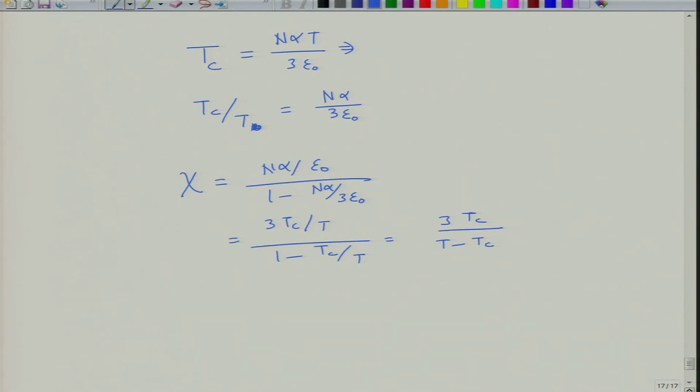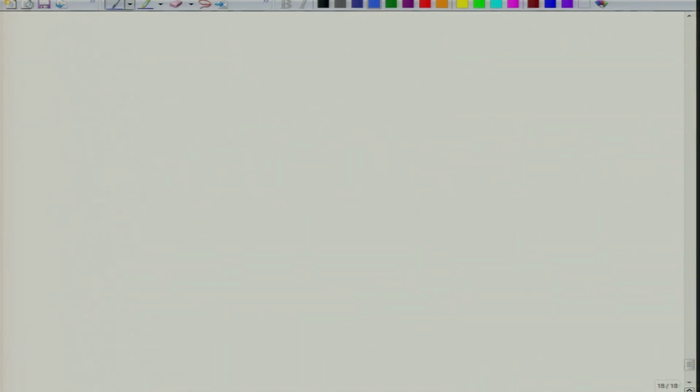Okay. When we consider the linear relationships and so on and so forth. When the relationships are non-linear, it is not valid, because remember we have relied on the expression chi is equal to epsilon r minus 1, and this is equal to P divided by 3 epsilon naught. So, we have assumed that it is working in the linear region. So, basically this expression is valid near Tc only, nowhere else. So, if you now look at the temperature dependence in totality,